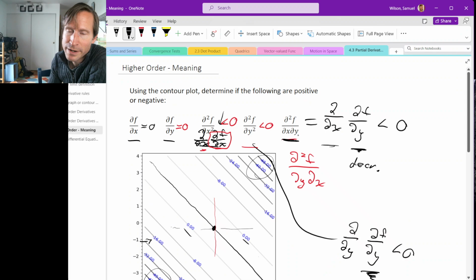Because of Clairaut's theorem, we know that partial squared f partial y partial x is also going to be negative, but let's check on that just to make sure we understand how it works. So this is going to be the derivative in the y direction of partial f partial x. So partial f partial x, these are going to be the slopes of tangent lines going in the x direction. So let's hide our tangent line going in the y direction,